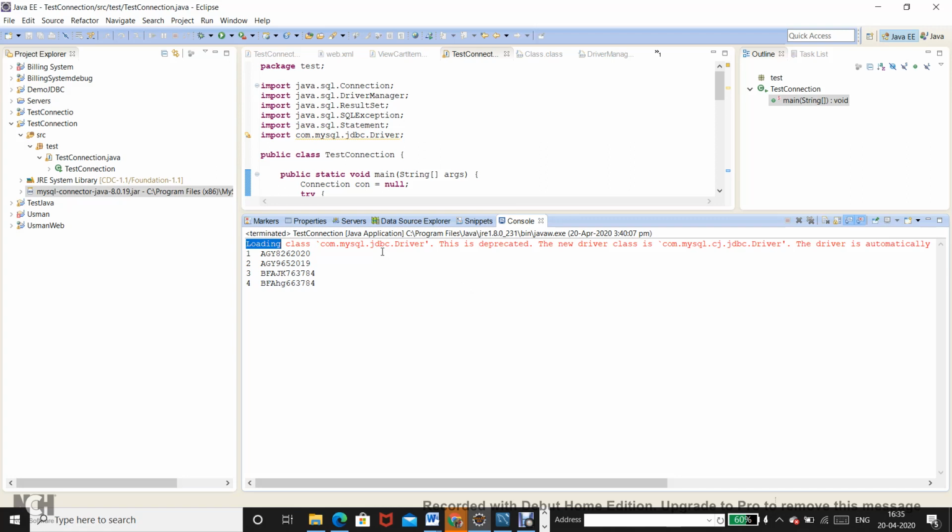Now, what does this particular message mean? It says the class com.mysql.jdbc.Driver is deprecated. Normally, the term deprecated is used with the Java APIs, the method calls or the classes.